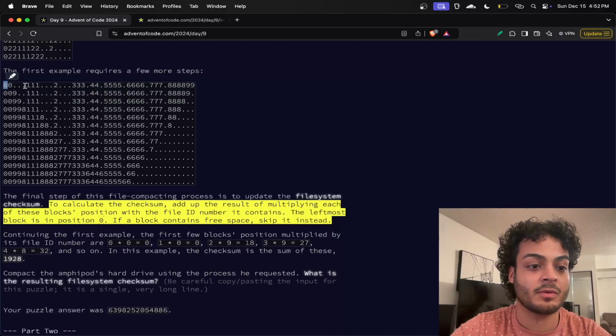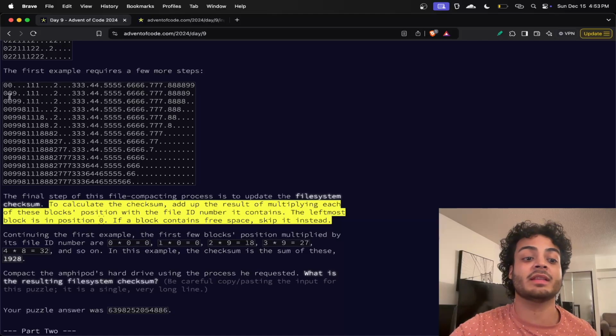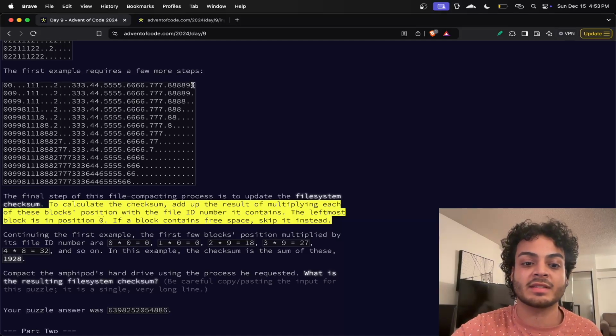Like 0, 0, 1, 1, 1, 2, and so on. Because the space between them gets filled quickly, they don't end up moving. The only ones that end up moving are the later ones that get moved to an earlier position. Point being that we can keep track of where we are on the left and right sides, and we can fill our file up from the left side until we encounter empty space, and then once we encounter empty space, we continue from where we were on the right side and fill it up with values